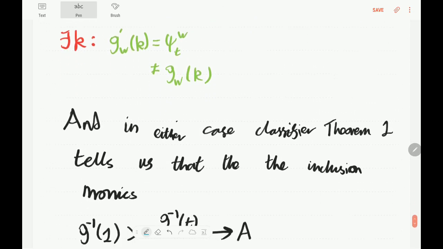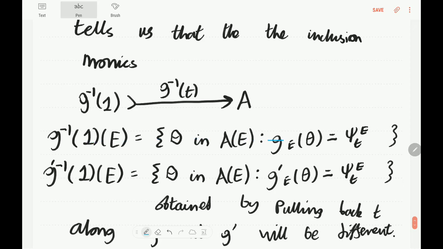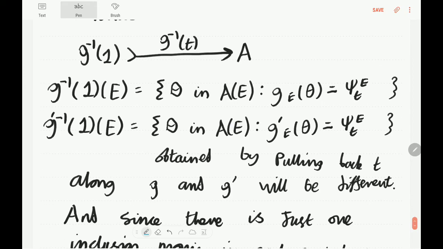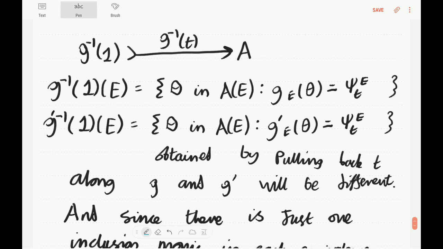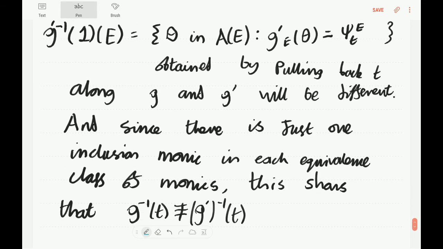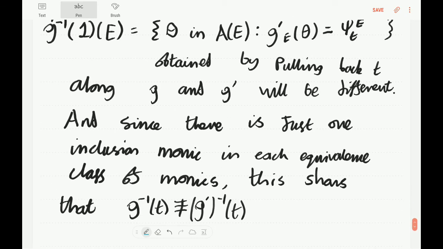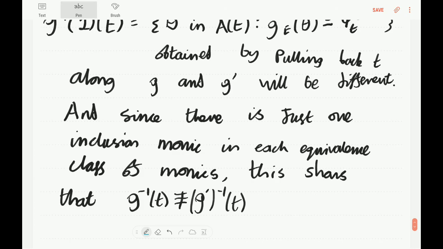In either of these cases, we can see that if we look at the type W sets involved, so the case where E equals W, these two sets are going to be different. And that means that our inclusion monics are going to be different. And that means that, because the inclusion monic canonically represents this class of equivalent monics,